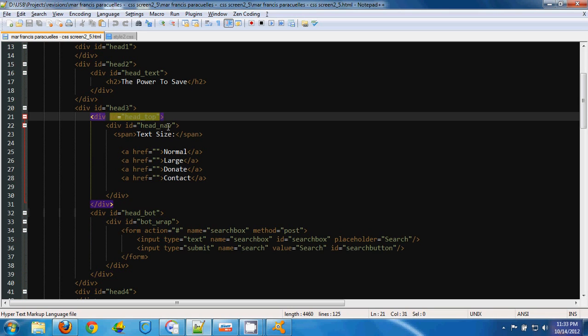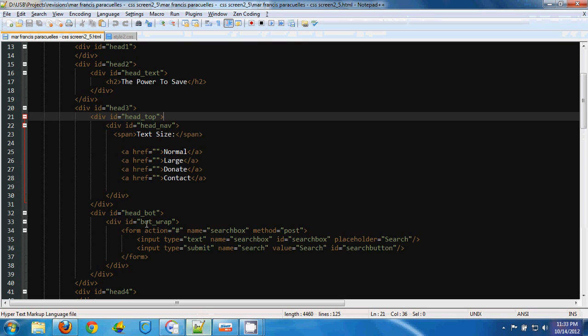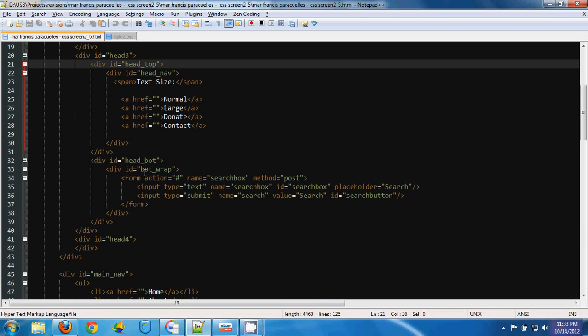Then inside the head top, division head top, is the division head navigation, which is composed of the navigation here, this navigation series of links. Then inside the head bottom, the division bootstrap, I put a form, which is the search box here,